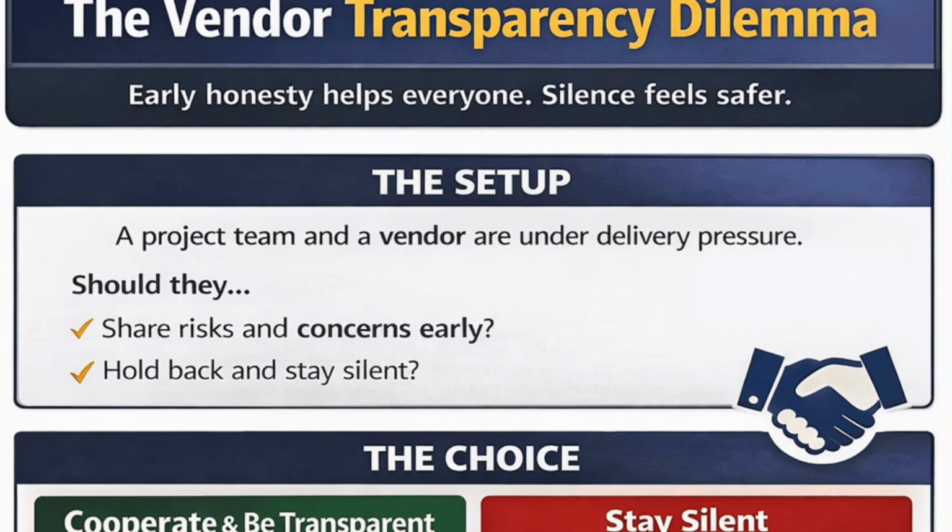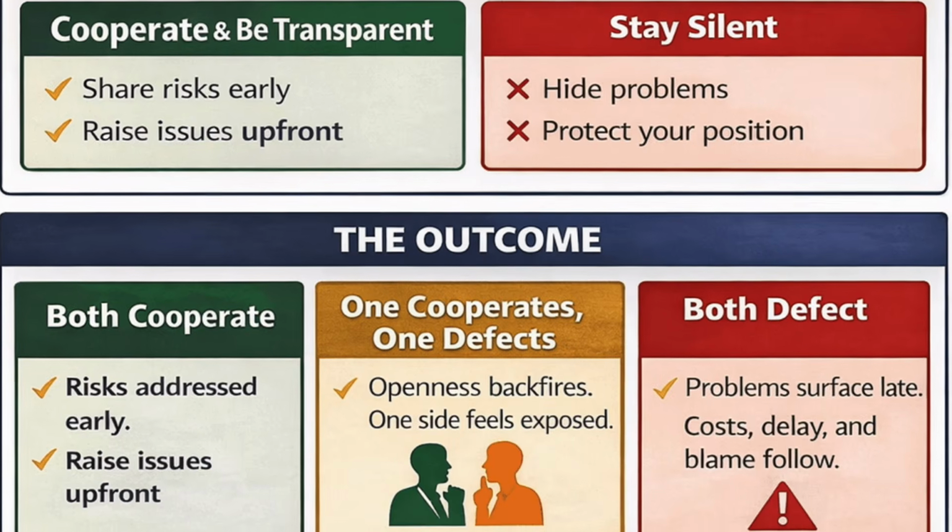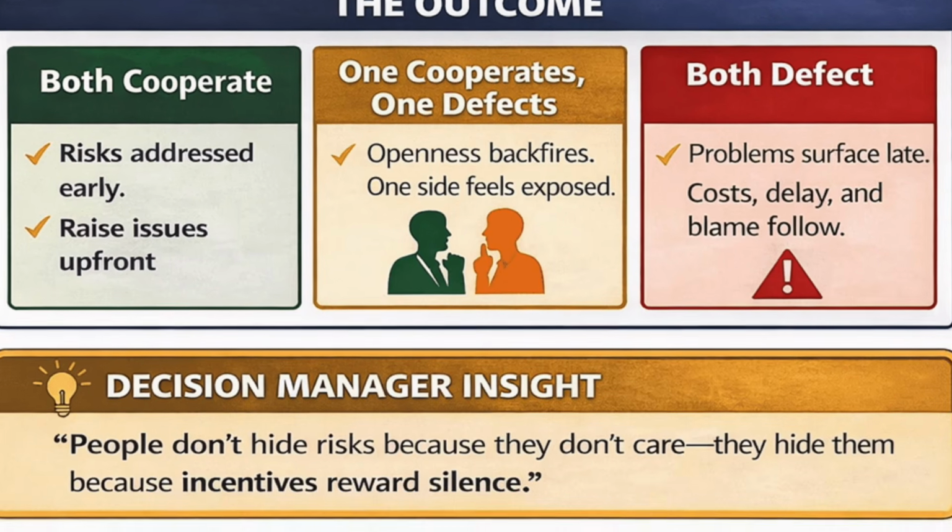Here's a scenario of not 2 prisoners, but a project team and a vendor. And in this situation, something's going wrong. And the vendor can choose to talk or can choose to stay silent. But the same is true of the team. Now the question is, what's the best outcome? This is a problem that happens all the time in business, in departments, in relationships between vendors and suppliers and customers. The point is, cooperation is the best outcome, not just for one party, but for both and to the organization and the relationships. And you might say, this isn't real life.